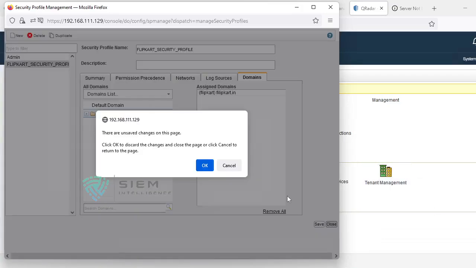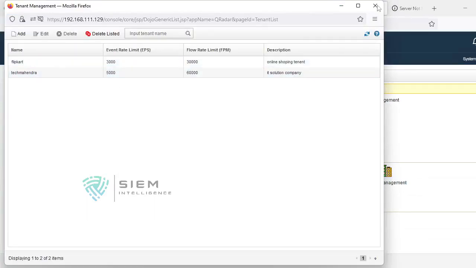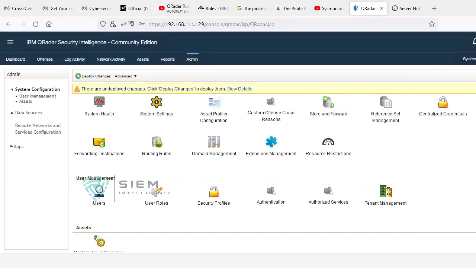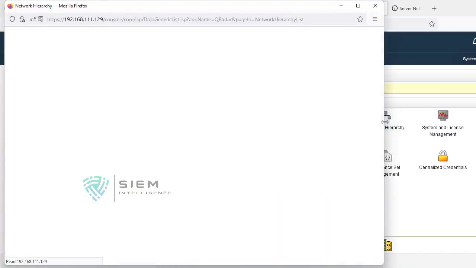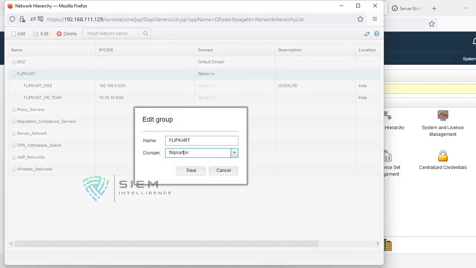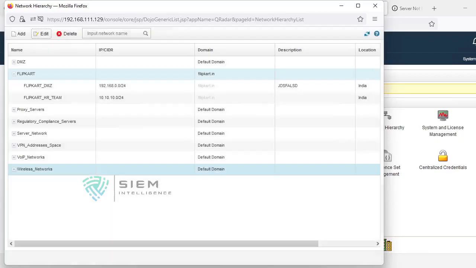Likewise, see, it starts from the tenant. Flipkart is a tenant we have created. Over there the domain is there. The domain is interconnected. Here I assigned a tenant, so it is interlinked here. See, from this group it is touching the domain. From here, to the domain, we have attached some network group. Over here we have added the domain as flipkart.in. You have seen edit, see Flipkart domain. If you have multiple domains, you can select. Right now I have created only the Flipkart domain. Okay, now I saved. So like this you can see all that stuff.